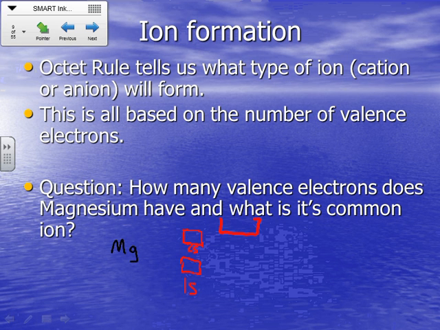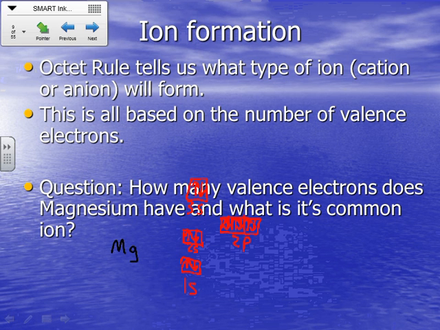2s, 2p. Okay. So for magnesium, magnesium is basically just one more than the sodium example we did earlier, okay? So there's magnesium, right? Now, if every element, according to the octet rule, wants a full set of s and p electrons, okay, full set of s and p orbitals in its outermost energy level, then